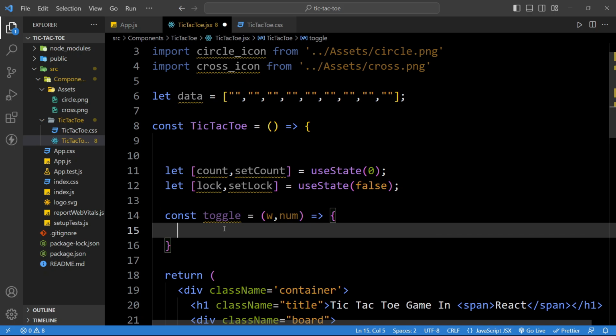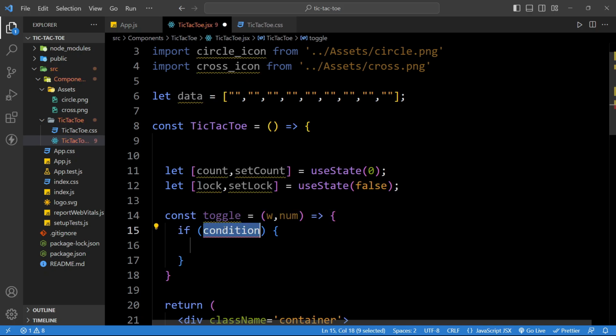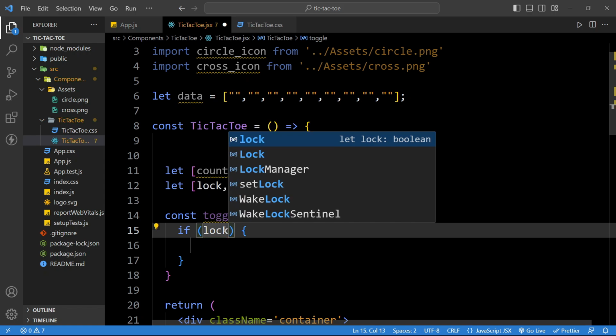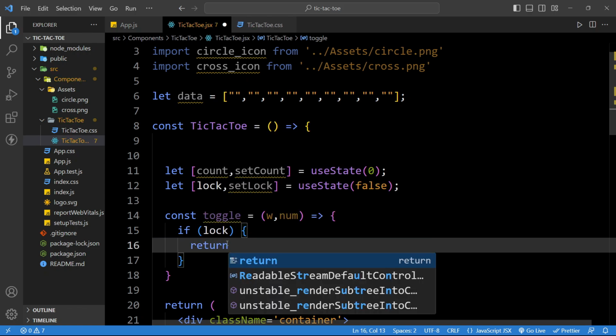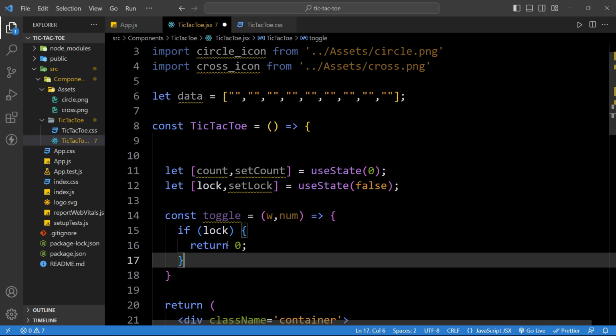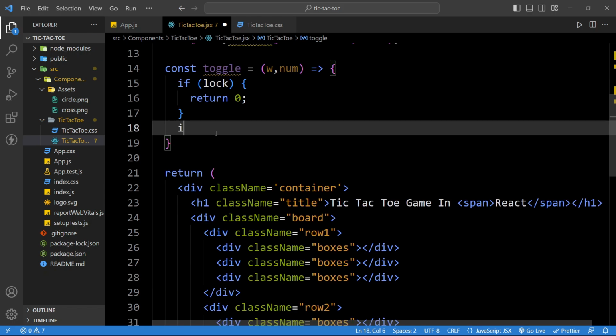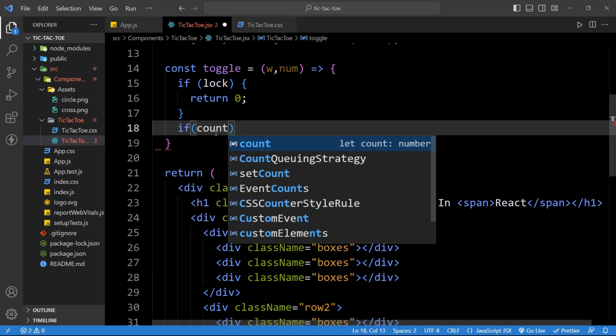In our toggle function, we will check if lock is true, then we will return 0. Whenever a user wins, then we will set the lock true. Then our toggle function will not execute. Now we will check a condition. If our count is even number,